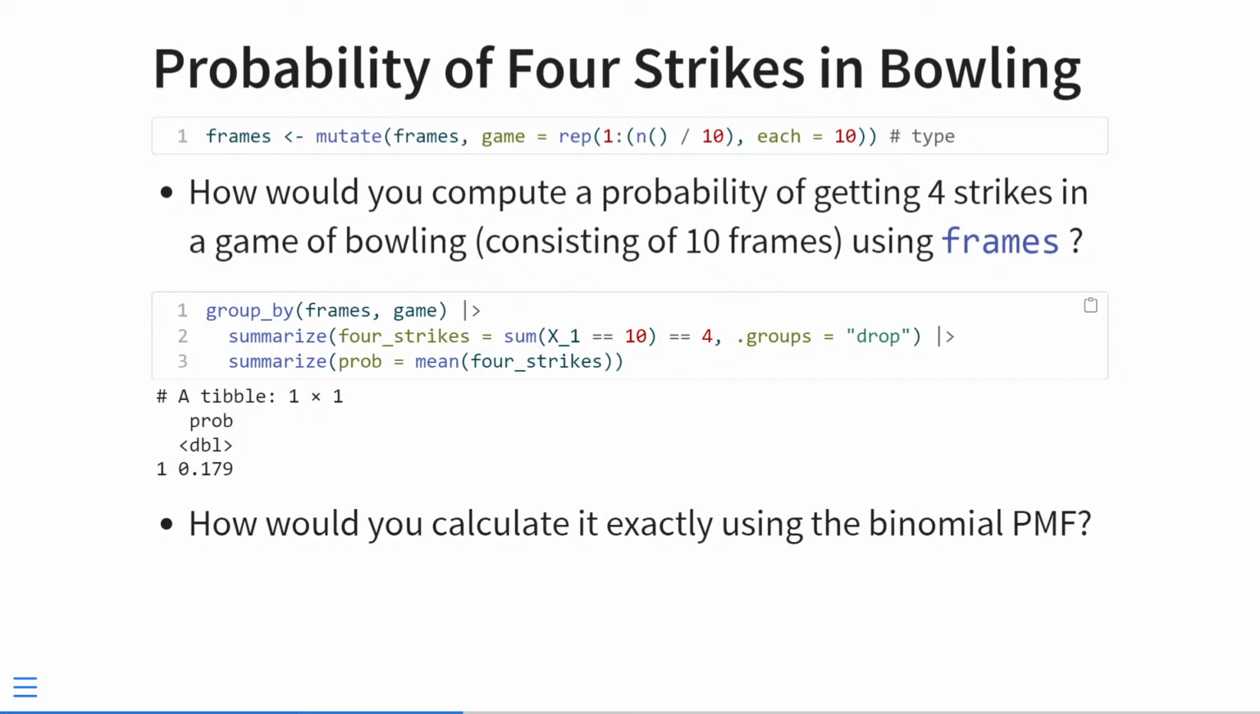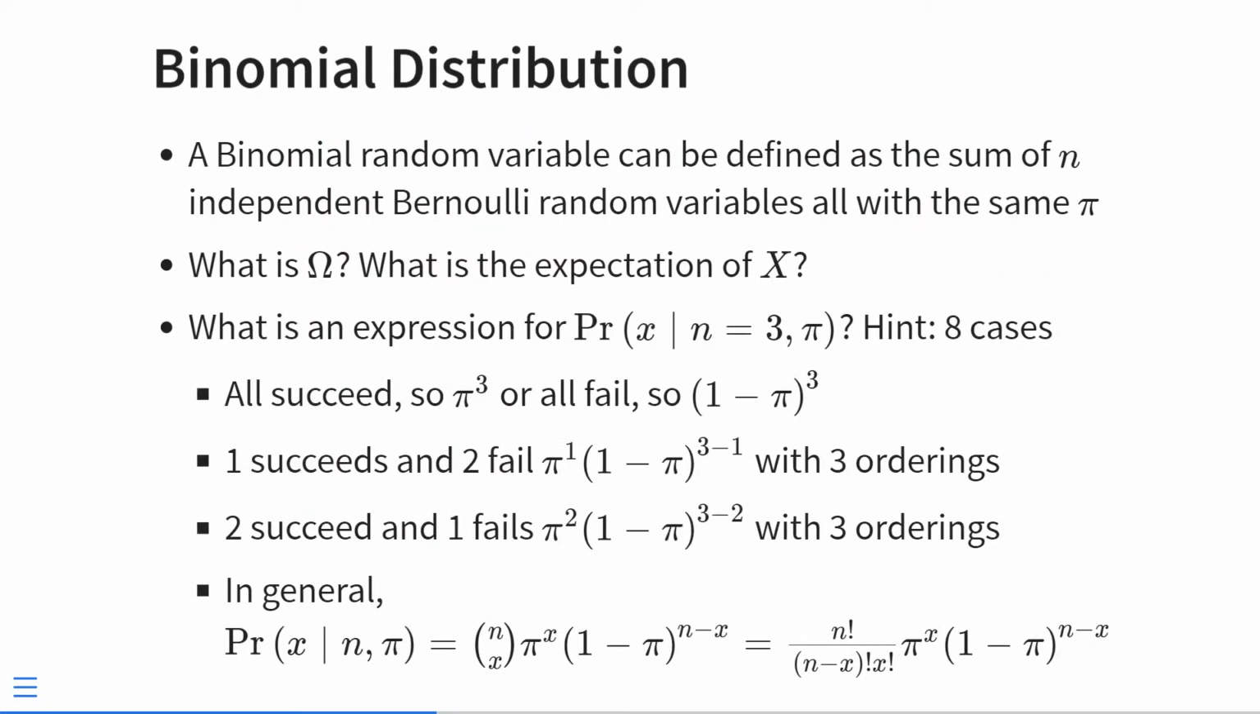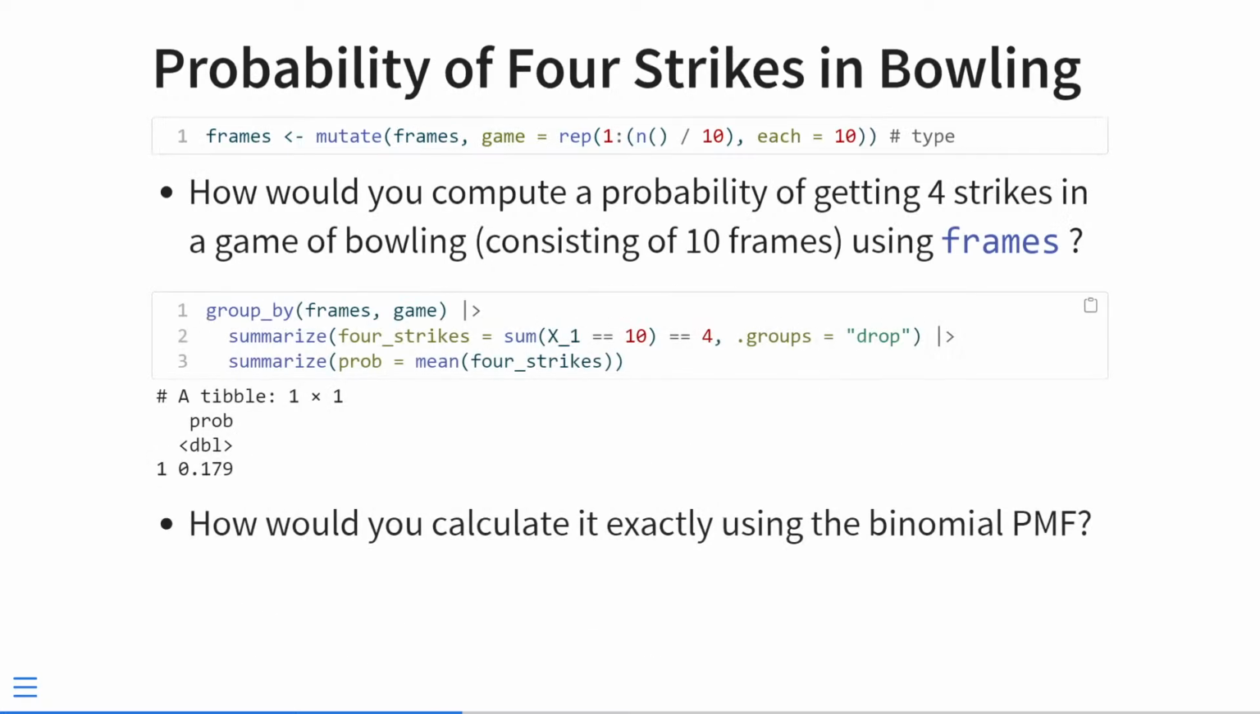How would you calculate it the ancient way using the binomial probability mass function? Yes, you would use the formula, the really long formula that you showed. So you would do, in this case, n would be 10, and then x would be 4, and then the probability would be 0.179,